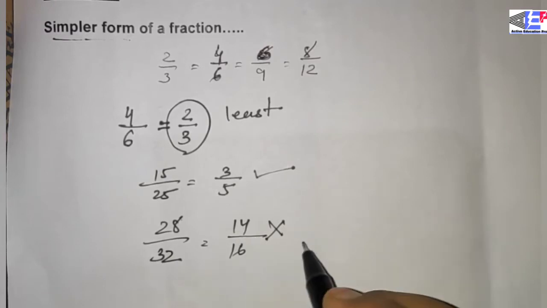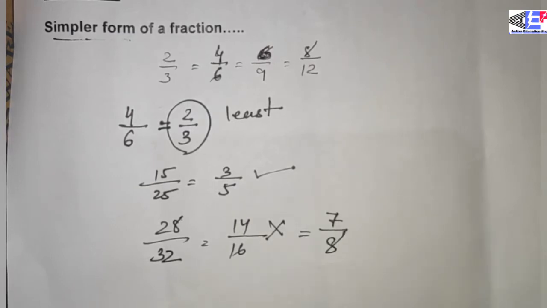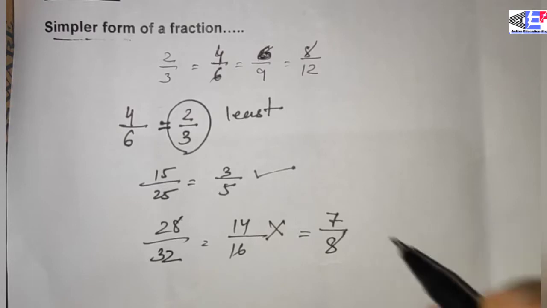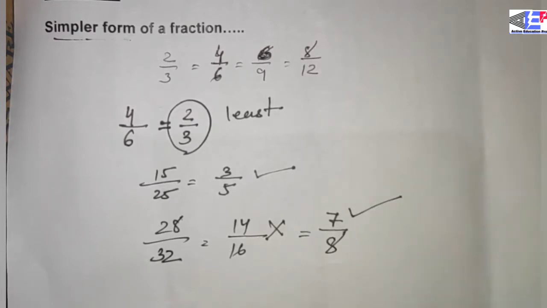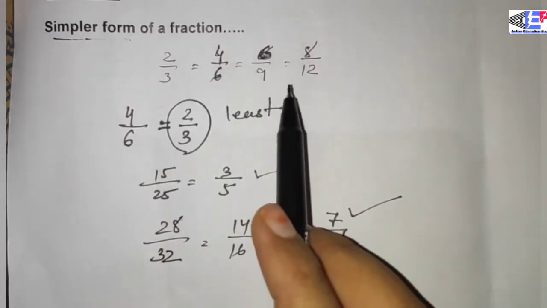So again you cancel it, so you can write here 7 by 8. Now 7 by 8 cannot be further cancelled by any same number except 1. So 7 by 8 is the simplest form, the least form of the fraction 28 by 32. Again I repeat, equivalent form means you multiply both